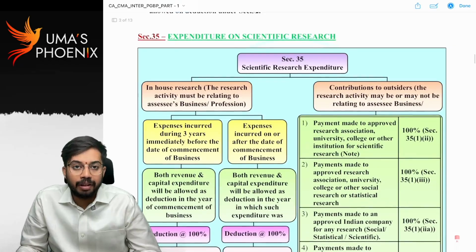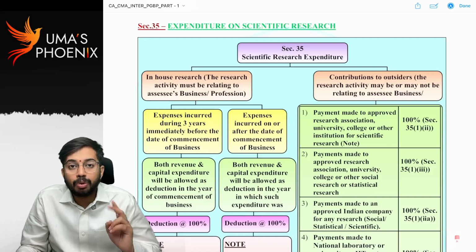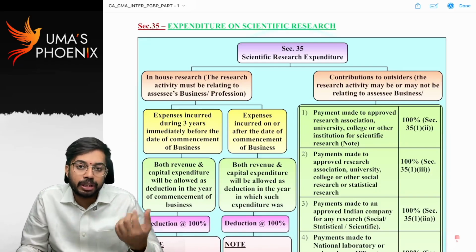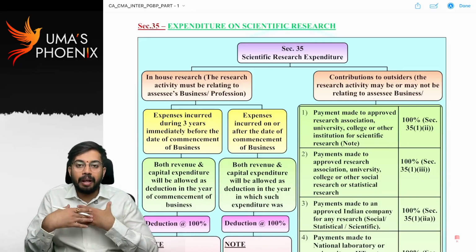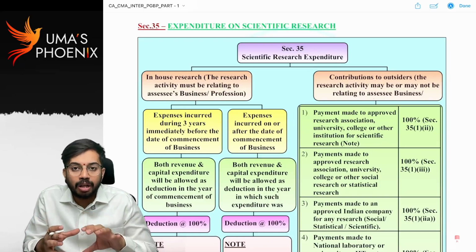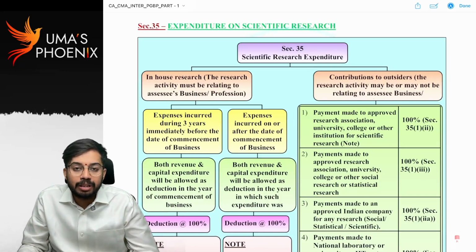Next, I will start with section 35, scientific research expenditure. See, if any scientific research expenditure is incurred, there are two types of scientific research expenses: in-house scientific research, and contributions or donations. I am a very big company, worth 1000 crores. Now I can allot some of the funds for scientific research. There is a small company which is doing a turnover of 25 lakhs. Now can that company spend for scientific research? No. Then that company will give donation for scientific research.